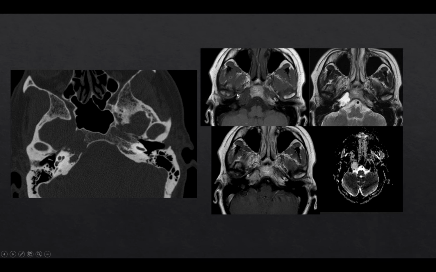On MRI, we see a T1 hypointense lesion, which is hyperintense on T2 and enhances without significant restricted diffusion. And while this can be one of several aggressive lesions that we'll continue to talk about, this happens to be a chondrosarcoma, with one of the important features being its relative T2 hyperintensity, its very destructive nature, and its involvement